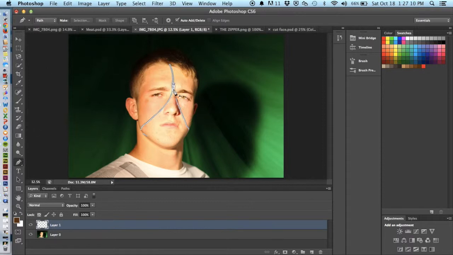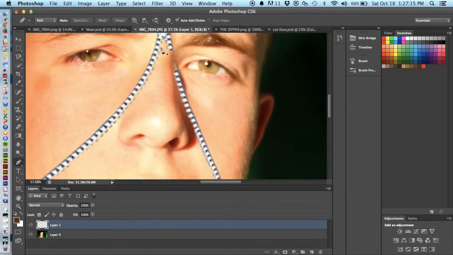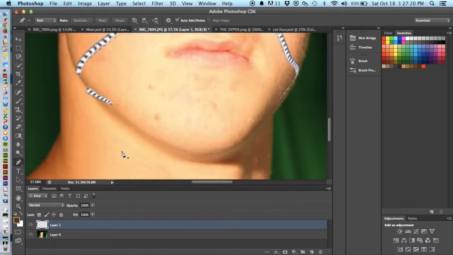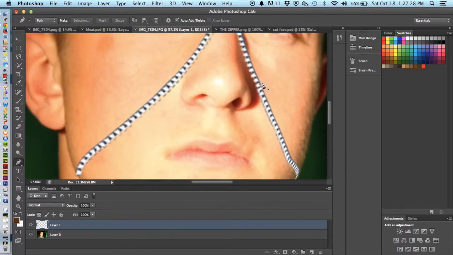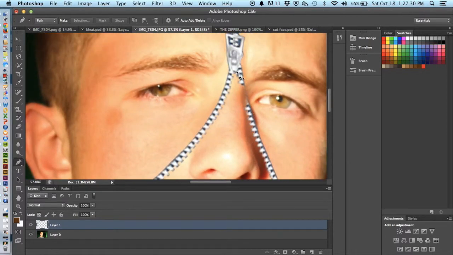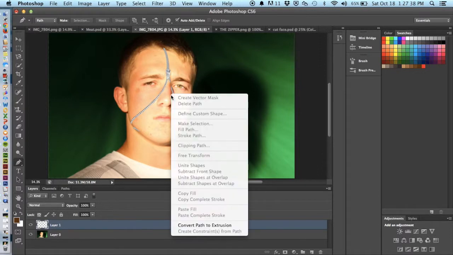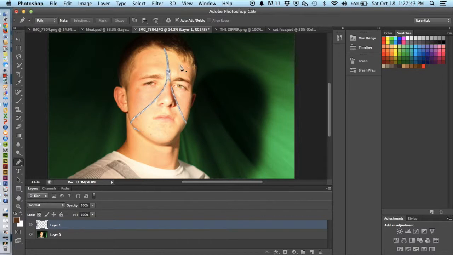After I got the zipper onto my face, I took the pen tool and I zoomed in and got to work on cutting out where the zipper was, and then I followed my jawline all the way over to this side of the zipper, and I kept on working up, and once I got back to where I needed to be, I control clicked and made a selection,